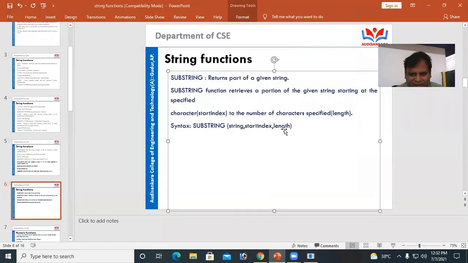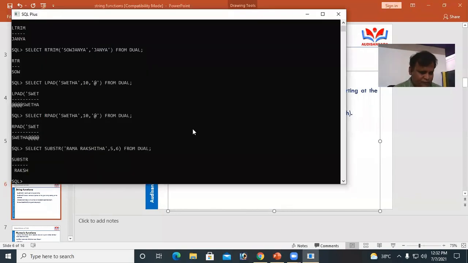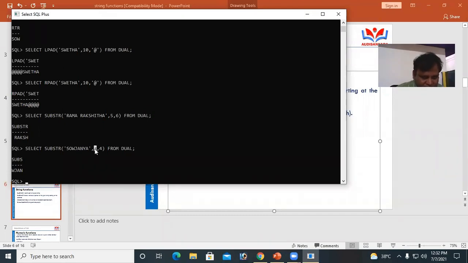Here start index, length. Okay, select SUBSTR of the string, 3 and 4, from GL. 3 is the starting position and 4 characters.